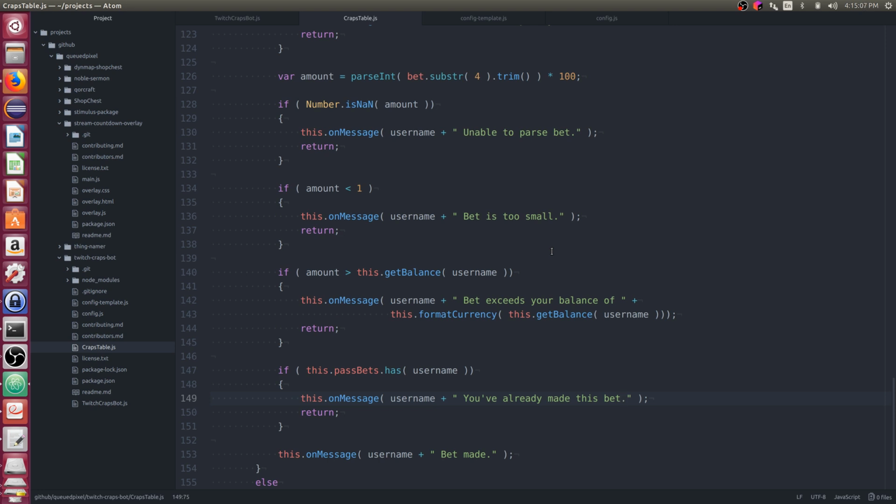I'll eventually fix these up a little bit as I add more bets, but for now, since we're only supporting the pass line, I am not mentioning the type of bet in any of these messages here. And plus, you can see the bet the person is making in their own message, so it doesn't really matter.